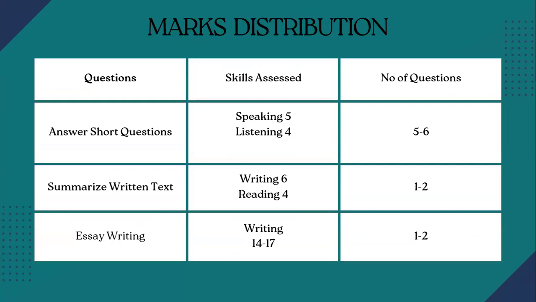Okay, the next question is answer short questions, which are not really important for those who are going for 79. It gives you 5 in speaking somehow and 4 points in listening, and you may get 5 to 6 answer short questions. After this, the students were getting some extra questions as well, which were just trial questions and